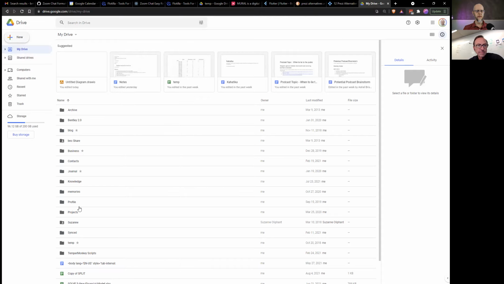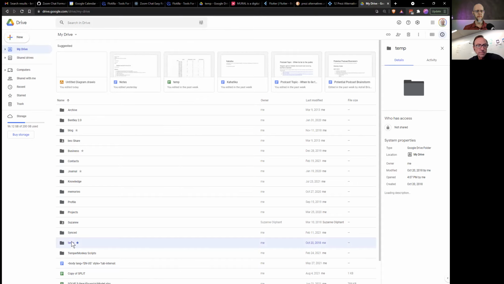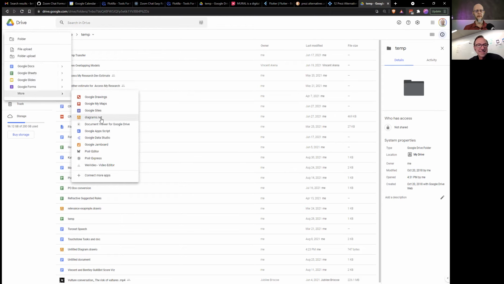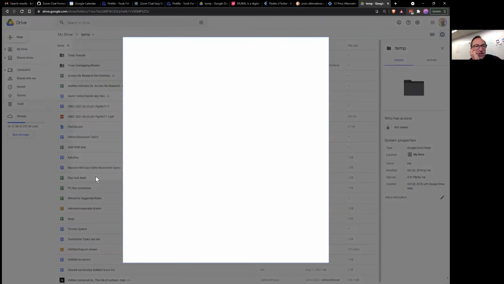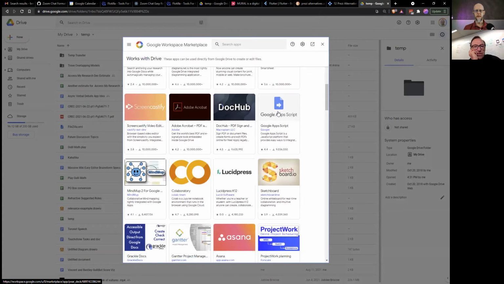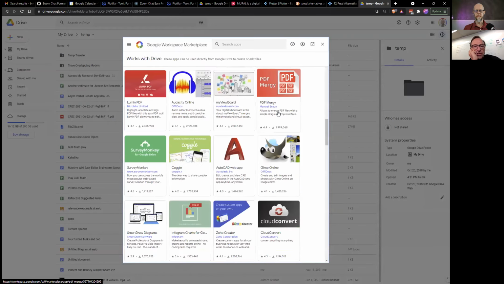Let's go to New. Good, into your temp folder, which is even more secret. If you go to New and do More, I have diagrams.net here, along with all other things. Connect More Apps is probably where you go to get it. That sounds great, I'll go do that as an app. If you try that, you can start them right in there. Hot darn, that's cool. I didn't know that existed.